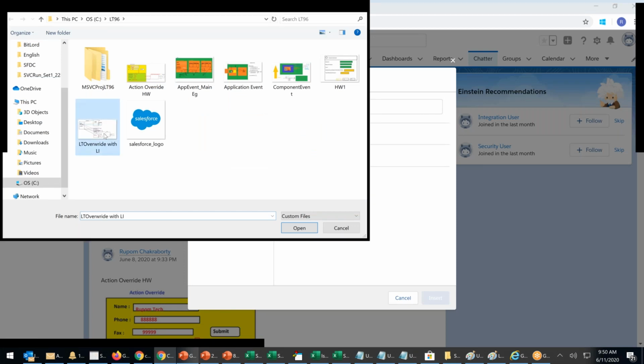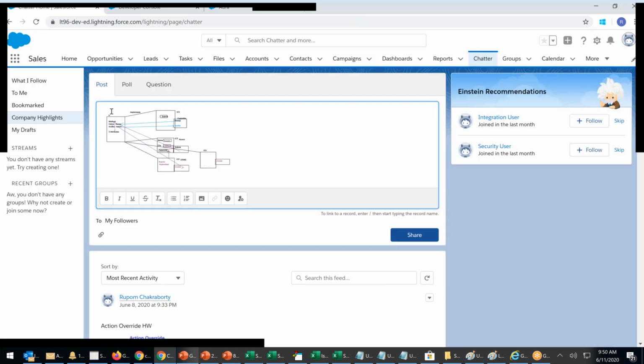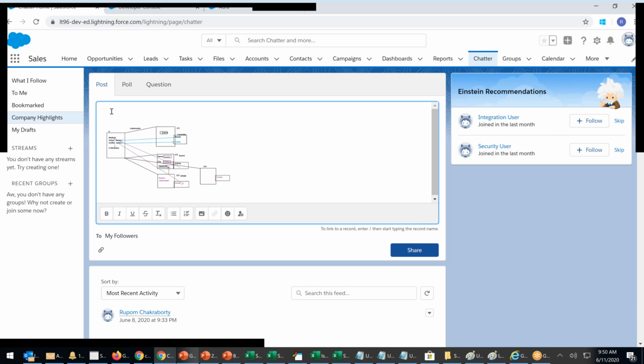Right? So, Rupam, tell me regarding that action homework. When I tried with the server-side controller, it worked for me, but through LDS, it is not working. Okay, then I'll show you. I told you, LDS is easy for me. It's a simple one-line command. In the server-side controller, I have to write an Apex class, I have to write invoke, I have to write set params, I have to write a callback. In the callback, I have to write again a big story, right? Here it's a one-line command, so I can do it, no problem.